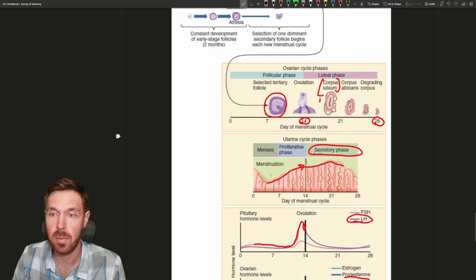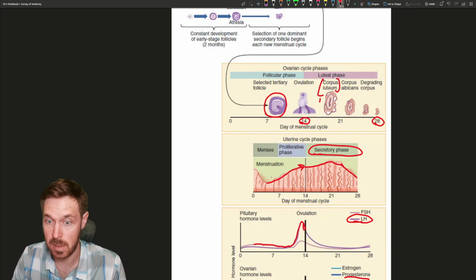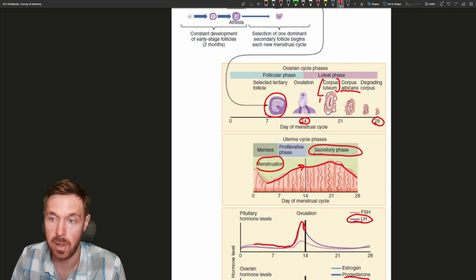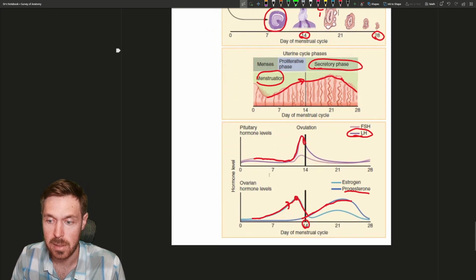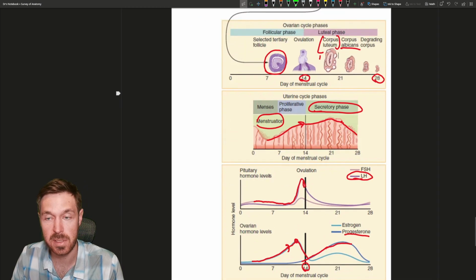So that corpus luteum will only produce progesterone for a certain amount of days. And then as you see here, the endometrium begins to drop off, which begins the cycle for menstruation then. That's where that endometrium breaks down when that corpus luteum breaks down and becomes a scar tissue in the ovaries called a corpus albicans. So now if pregnancy happens, there's a signal that's sent from the zygote that goes back